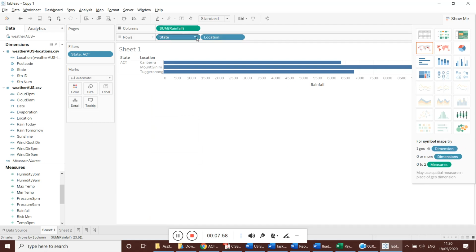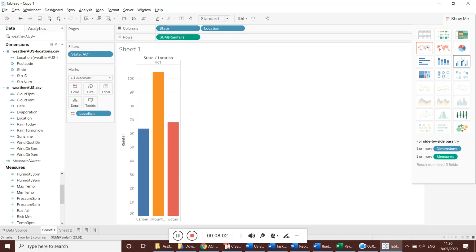I will change it to longitudinal, and I need to add values. If you see, the color of the bar is changing based on the location now. You can change it to value also, but this is the appropriate one.